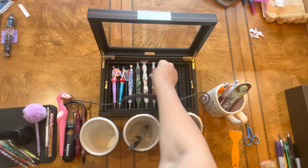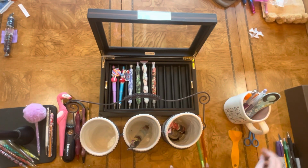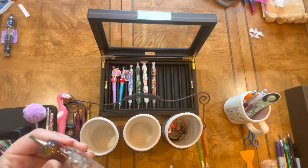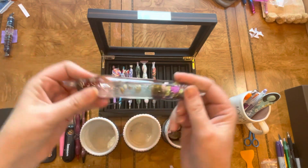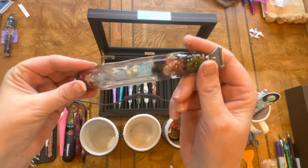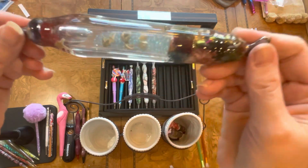Okay, so look at that. We have an issue with them fitting in the box. Good to know, right? Okay, so here, oh, this is a good one. This is a really chunky one though. And I knew that it's possible that if your pen is too chunky, it wouldn't fit in the box. I didn't really think of that though,